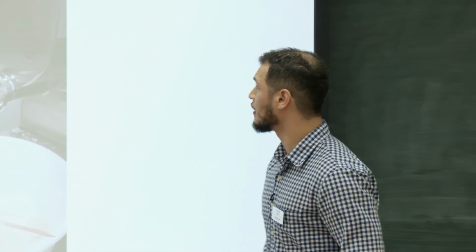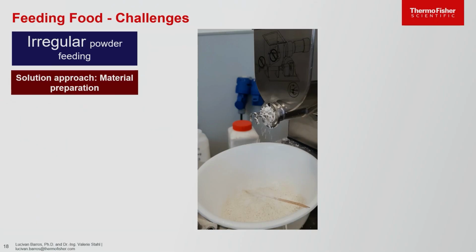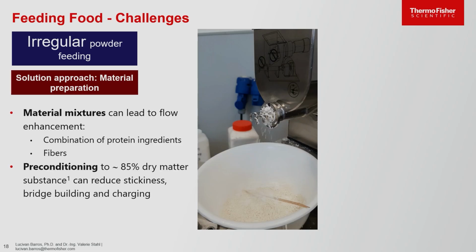Okay, let's look at some solutions. For example, here, for irregular powder feeding, we can prepare these materials previously. If your material is very challenging, you can mix with other kinds of proteins or other ingredients, such as fibers, to enhance the flow of this material. Another thing that you can do is preconditioning. Precondition, as Professor Ubink mentioned before, we add some water to reduce stickiness, avoid the bridge building and charging in these materials. In this video,